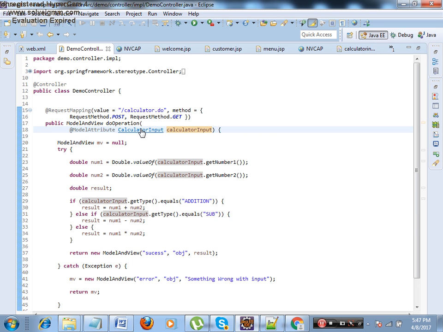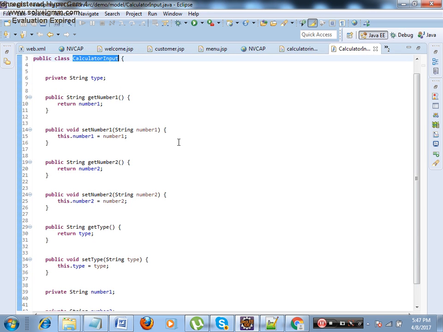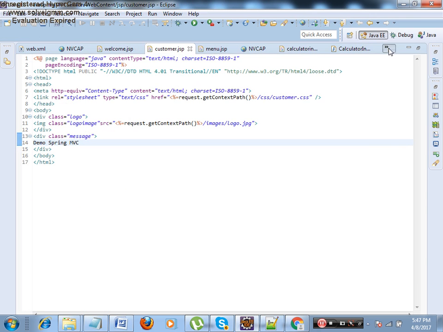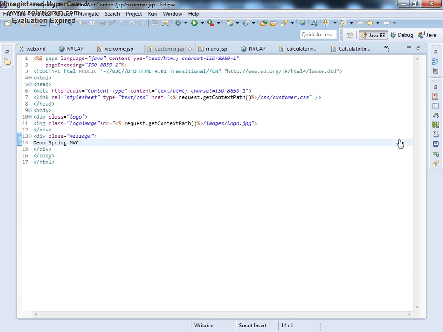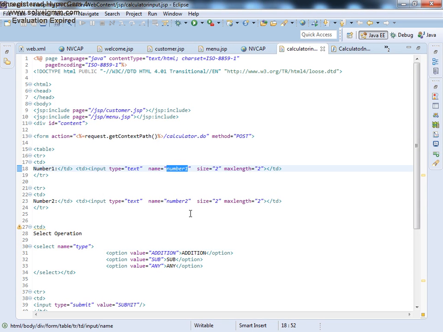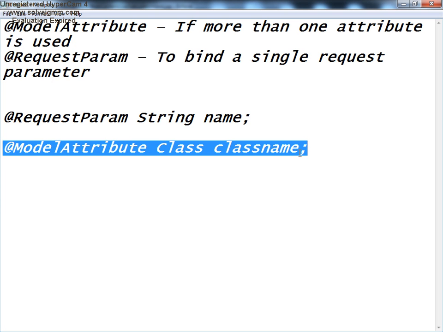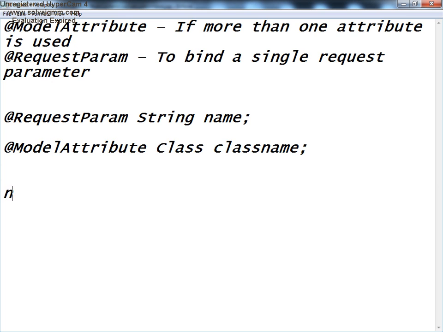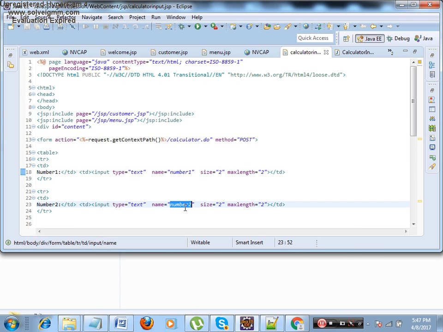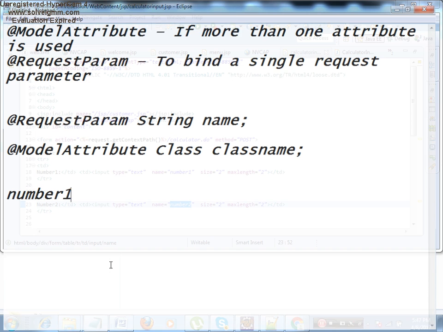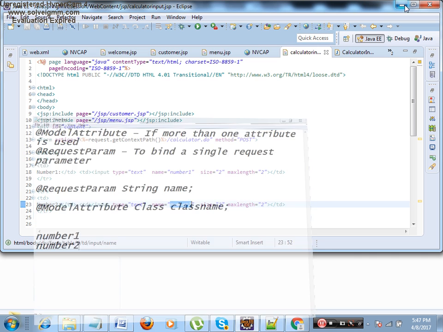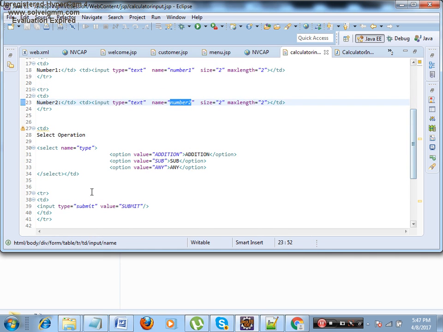Okay, and inside this class what should happen is, whatever names we have used on the front end, if you go and make a note of this calculator input, what is the name of the text box we have given? Number 1. Therefore let me make a note over here. The first text box name we have given is number 1. What is the name of the input given for the second text box? Number 2. Then after that, what is the name of the input given to the combo box? Type.